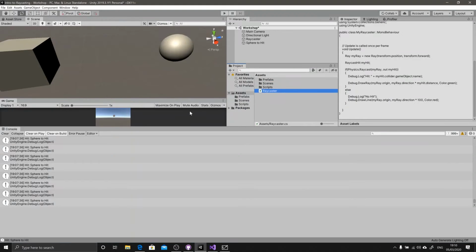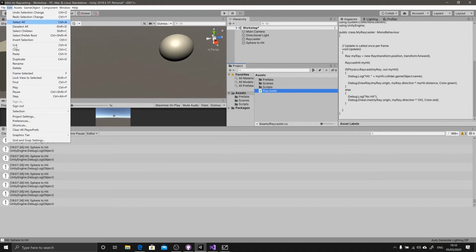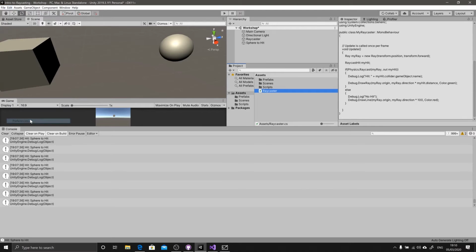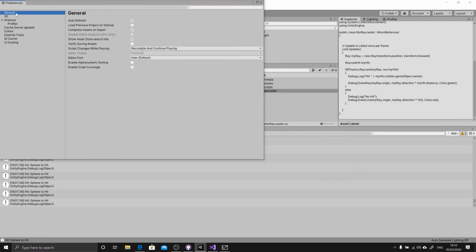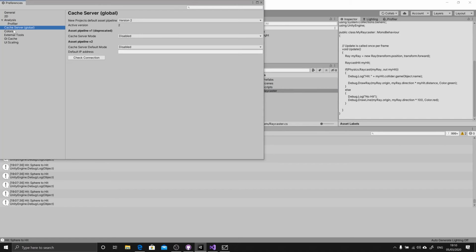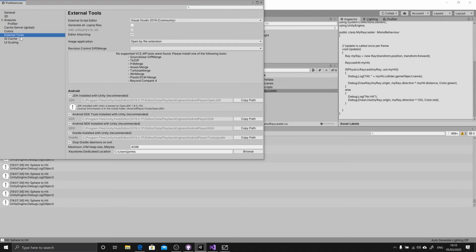I think I've had it before where if you go into Edit and then Preferences, somewhere, oh my goodness, this is terrible because I'm like debugging on the fly. Here we go. In External Tools, there's an external script editor, and fortunately I had a default Visual Studio. But you might have other options here. You might need to open by file extension, so browse and figure out where the files are. Another way that this is sometimes solved is by deleting and reinstalling Unity and Visual Studio, which I know is a little bit annoying, but